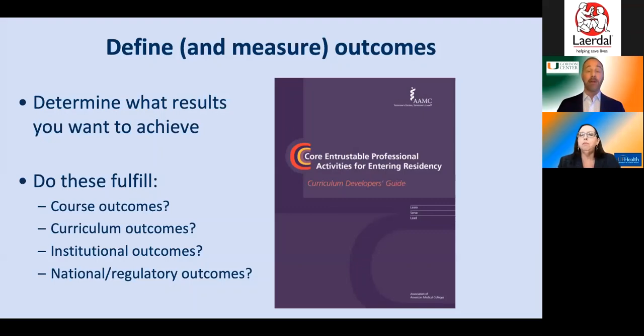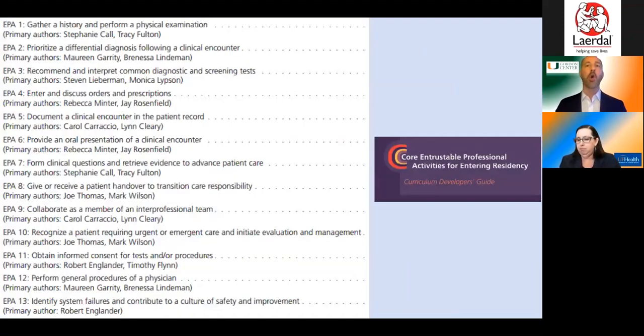Within medical education, physician training, with which I'm most involved, we are focusing lately on, you've probably heard of EPAs, Entrustable Professional Activities. These are a list of 13 core activities that require several different competencies to be brought to bear in order to accomplish them on a day-to-day basis.